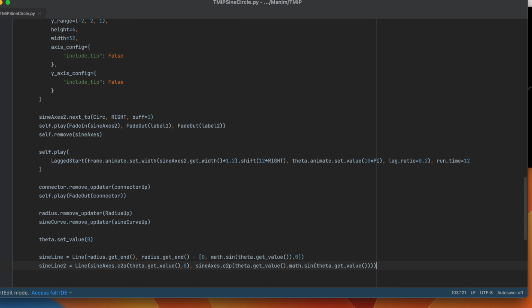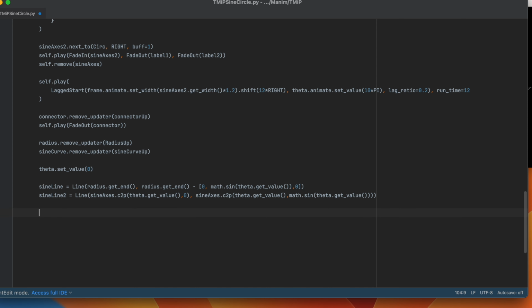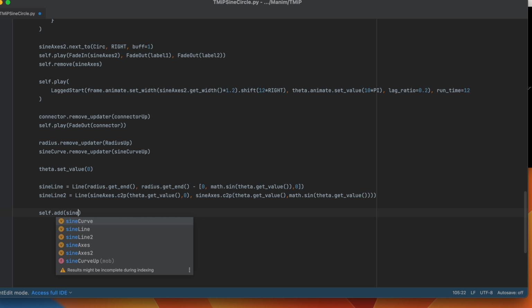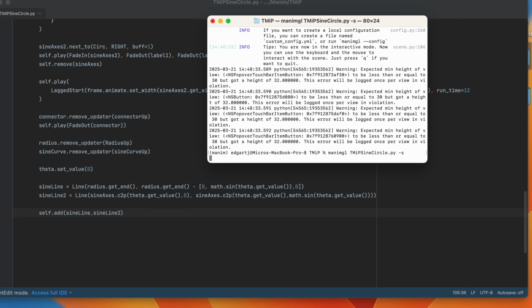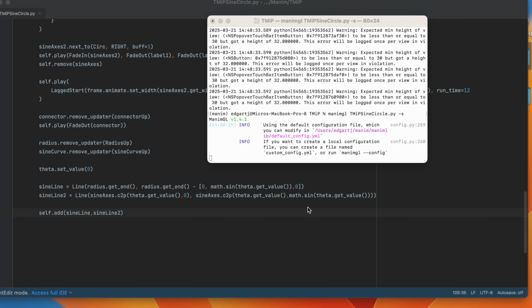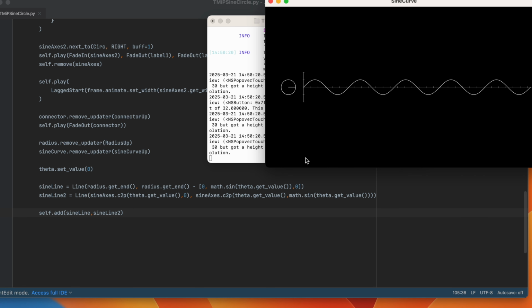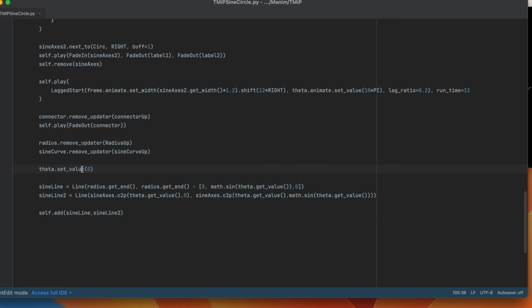theta.getValue parentheses. If I were to add both of these right now, add sine line 1 and sine line 2, if I were to add them, you won't see them. And that's because they've both been drawn, but they both have a height of 0 since my theta value is set to 0. What I really want is I want them to update all the time. So not only am I going to have to add them, I'm going to have to define updaters for each one. So sine line up of